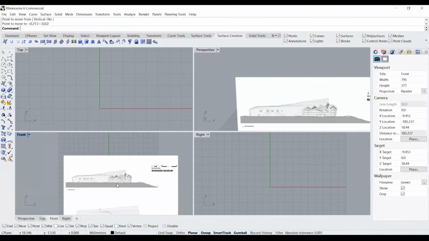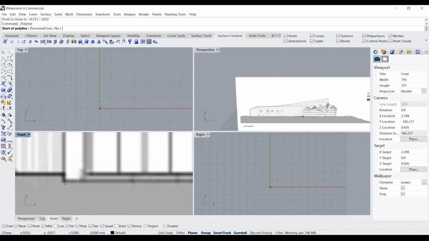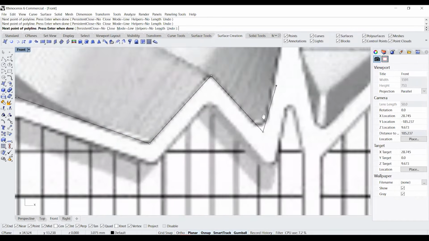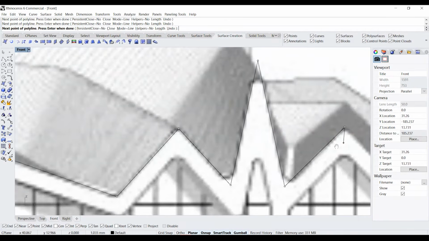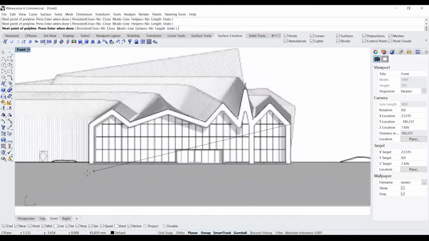The next thing that we're going to do is outline this particular form on this structure, and for that we're going to be using a polyline. When we're coming down, I need to make sure that it's staying on the same line as this.